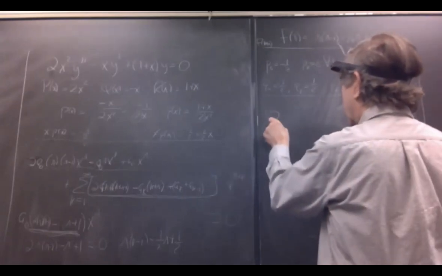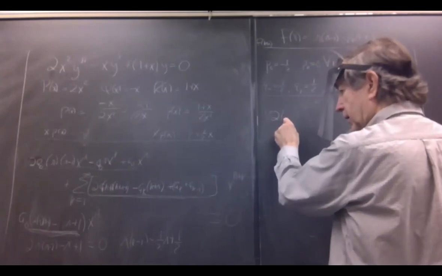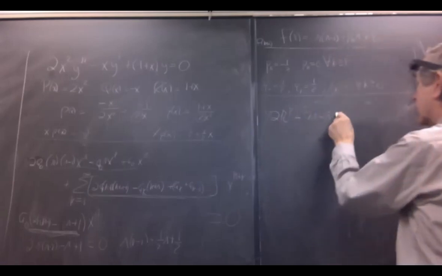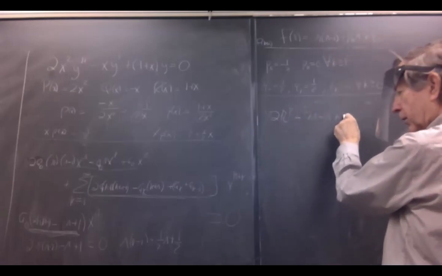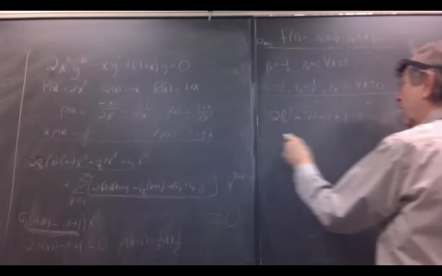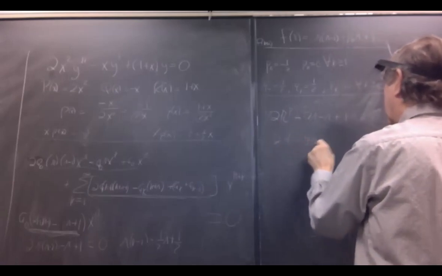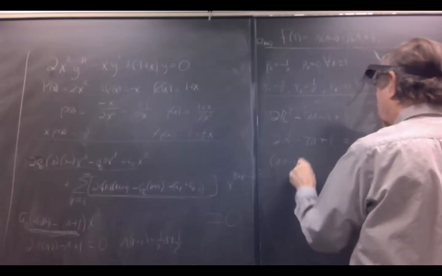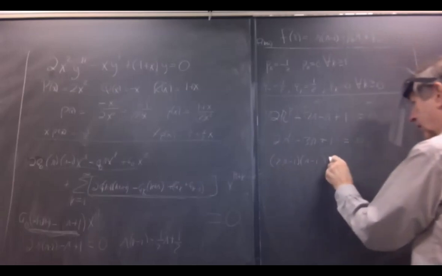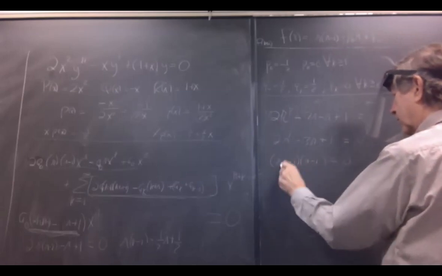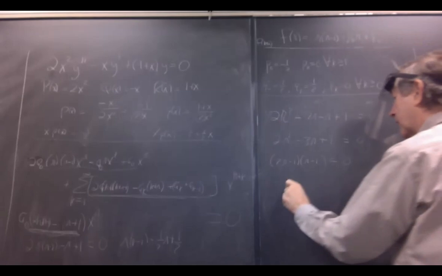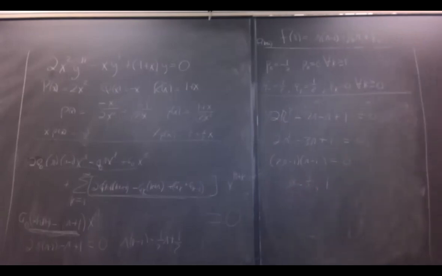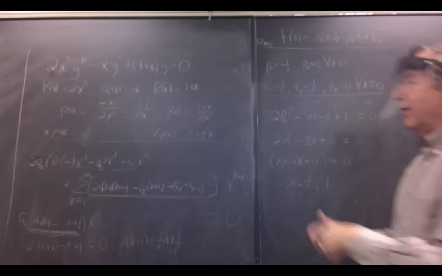But if I try to solve it, 2 times r squared, 2r squared minus 2r minus r plus 1 equals 0. That's 2r squared minus 3r plus 1. That I can factor to 2r minus 1 times r minus 1, I think. I'm just doing that quickly. Yes. So I get 2 roots, a half and 1, from this equation,